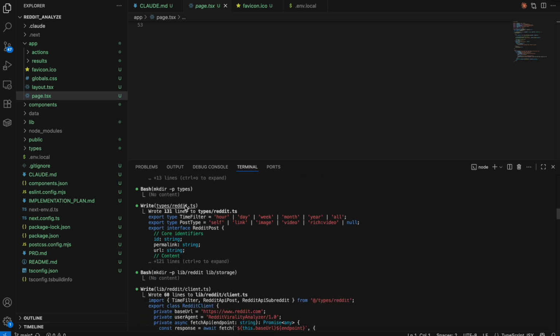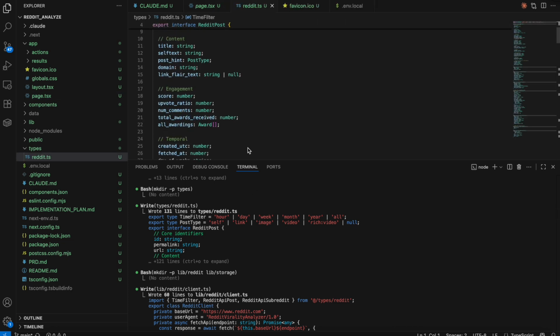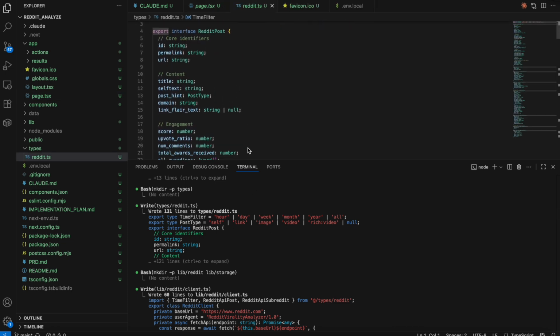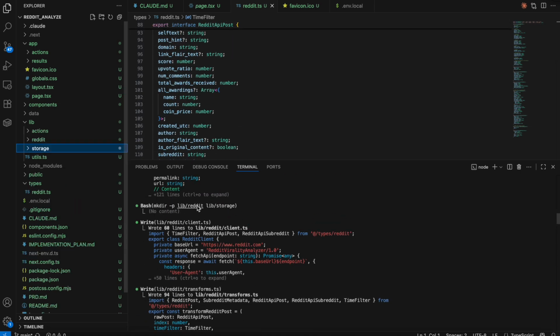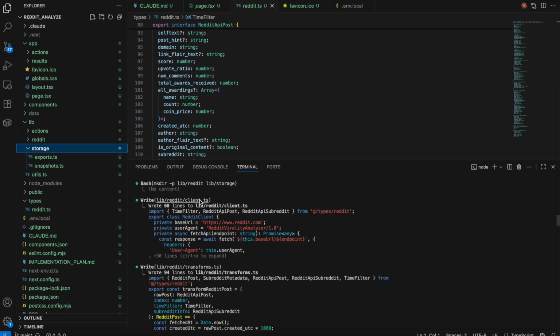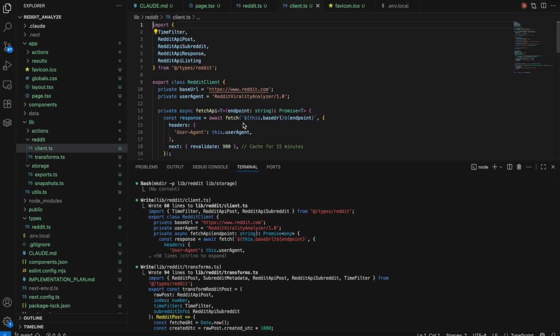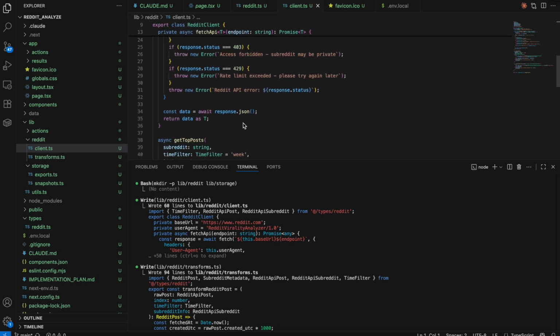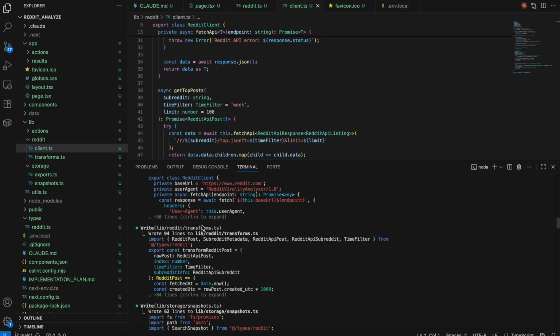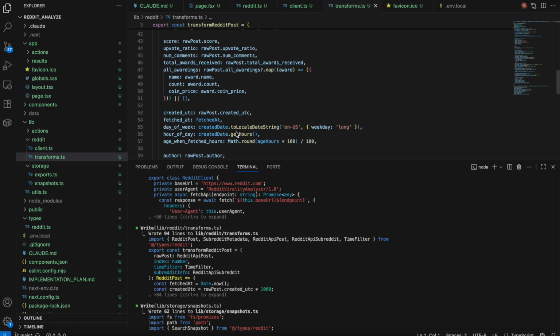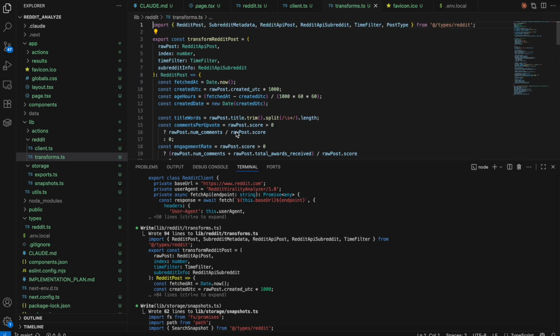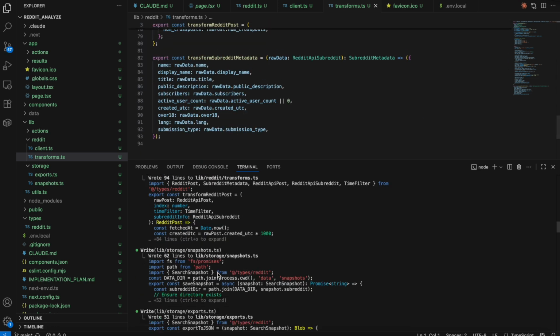From there, we have the types page where we look at different types and create the different data structures that we need, and we also have a storage and Reddit page which we created, and we also create the client over here. And transforms, basically transforming the Reddit post into something that we would use in our front end, right?